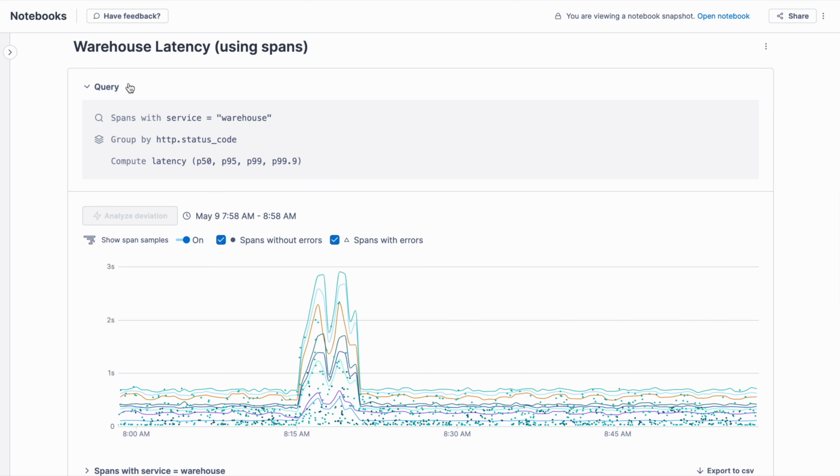If you open up the query, we make it so that you can't actually edit that query while still making it very easy to see what that query is. And for features like our deviation analysis and change intelligence, which rely on a baseline and a deviation window that you can customize, we gray that out because the time window here falls outside of our data retention